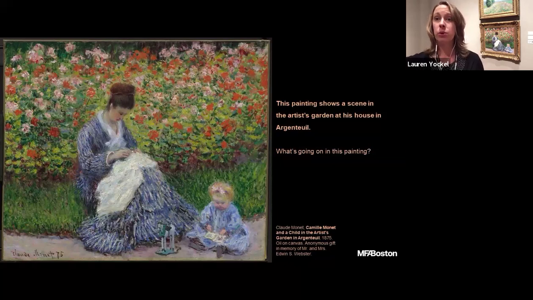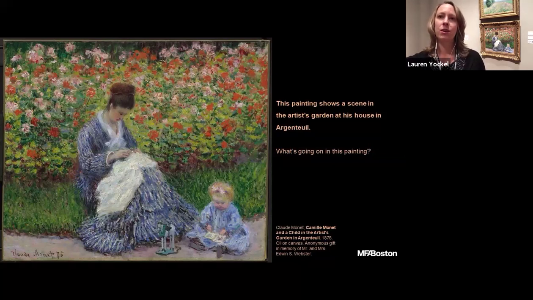Somebody says there are warm, beautiful colors in this painting, that it looks like summer. And I'm wondering too, are there other clues in the painting besides the colors? Tell me what you see that makes you say this is showing us it's summertime. Somebody else agrees that the woman might be sewing or maybe even knitting. Okay. It looks like the child might be reading a book.